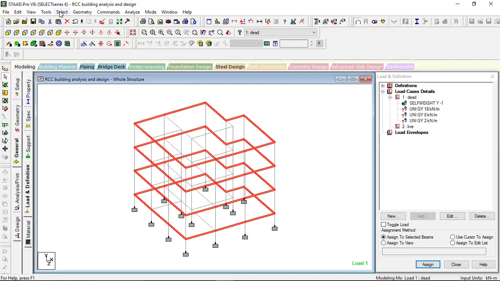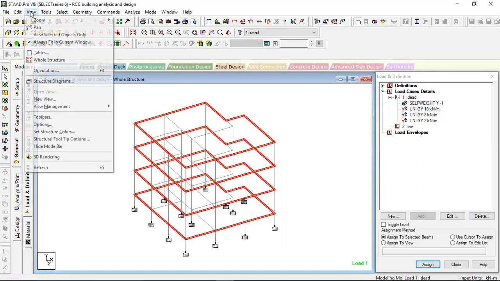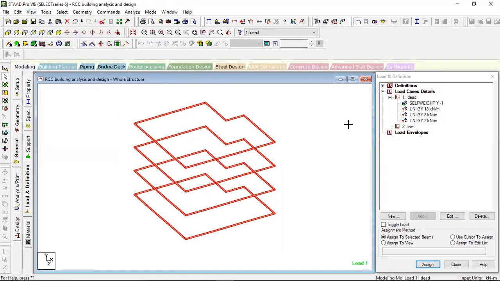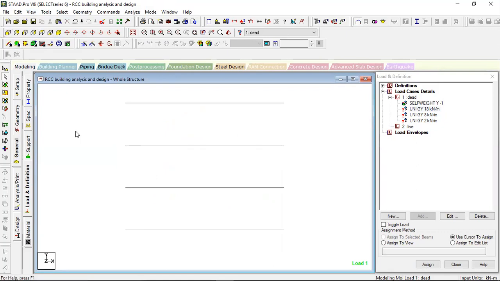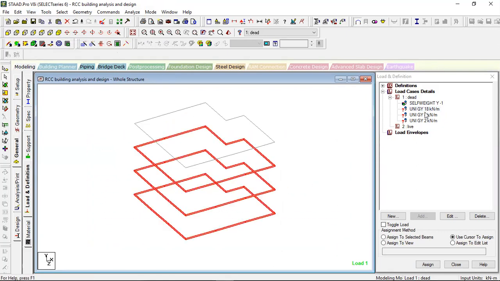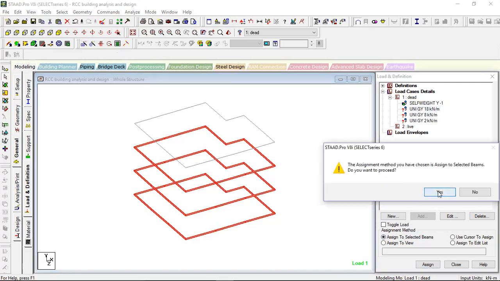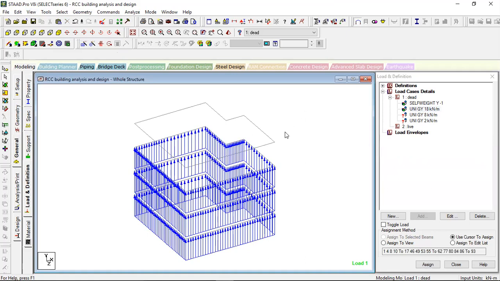Go to view, view selected objects only. Now view it from the plus z direction, select the bottom floors, leaving the top. Now you can assign to selected beams and assign, yes. See, the load is acting in reverse direction because we have not changed the sign.